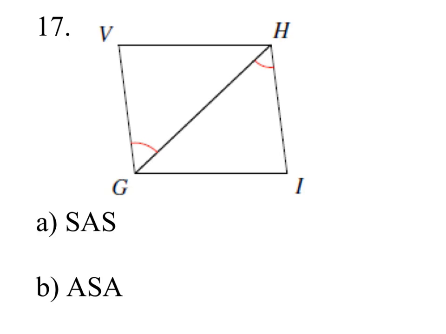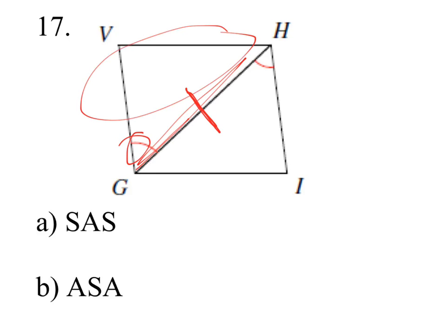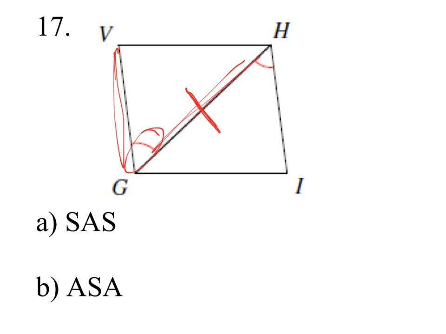And that brings us to 17. Again, because of the reflexive property, you can add a congruence mark there in the middle. We have an angle and a side for this upper triangle. We have an angle and a side for this bottom triangle. We want to get side, angle, side. We are missing a side. Here's the side, here's the angle. We need the next side. And on the other triangle, it's going to be this side over here that matches it. And that's going to be VG